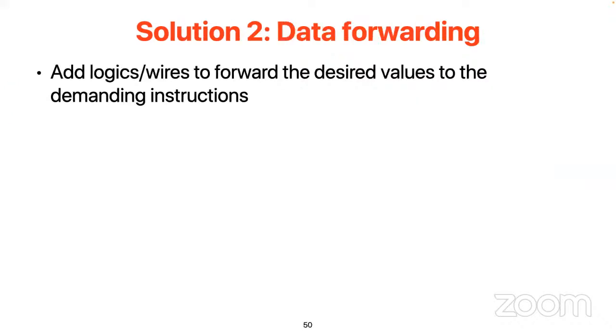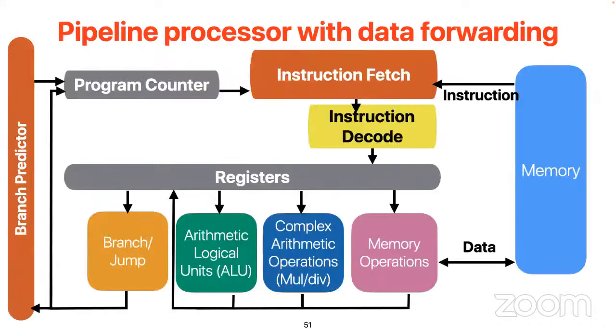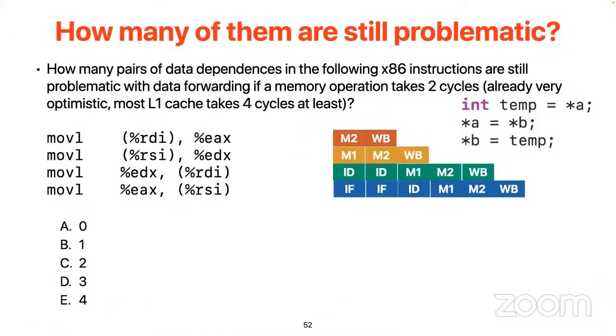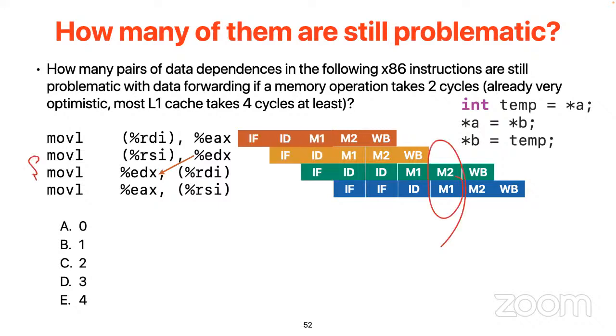So the second solution, which is the solution that most processors would take right now, is called data forwarding. And for this class, I don't want to make this too complex. I just want to let you know that modern processors have the capability to forward the value to other functional units whenever you need it. So the good thing about this, right, for the previous case, you only have to stall for one cycle because of this and this. However,